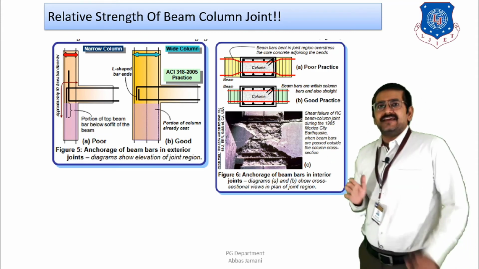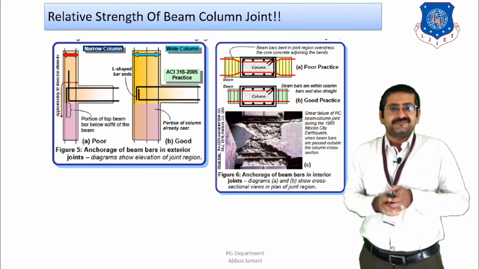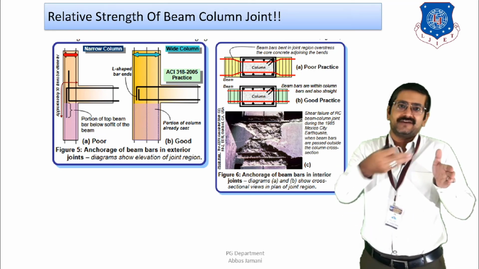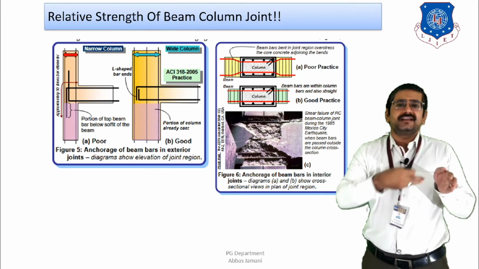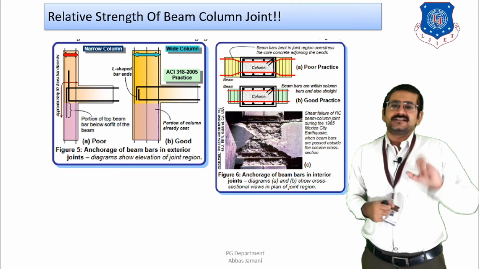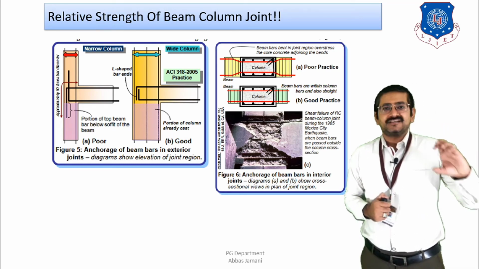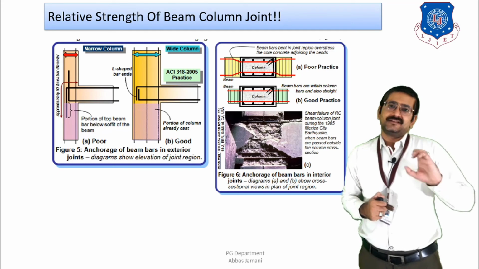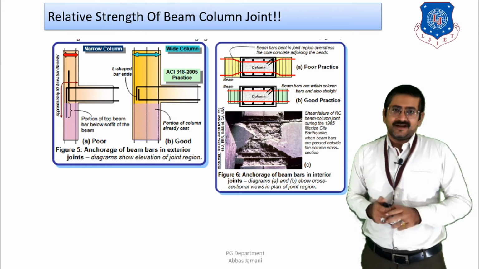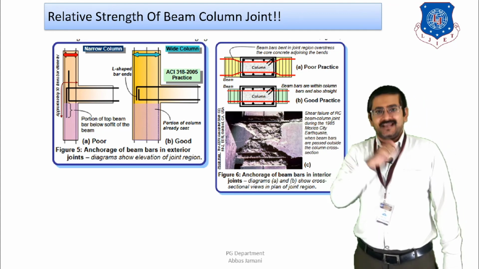And that is why this particular practice of narrow width of the column is considered a poor practice. On the other side, if you have a larger width of the column, then sufficient depth is going to be there in the column where the anchorage can be done, and as a result the full anchorage can be achieved, and it will be accommodated within the soffit of the beam itself. And if this is happening, then a sufficient amount of strength is likely to develop at the beam column junction. Right? So the first case is regarding the elevation, the anchorage in elevation.